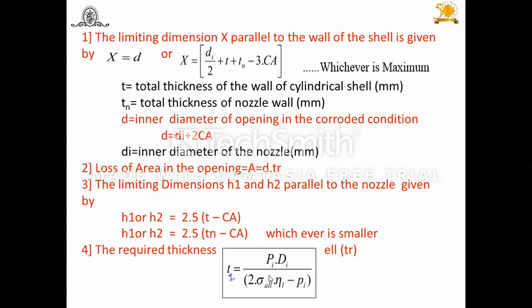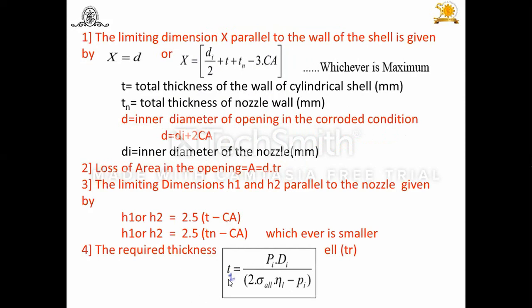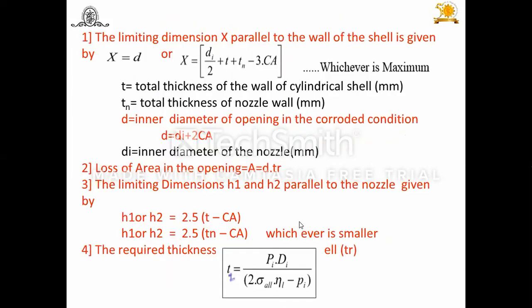Then here, what we have to do, Tr. What is Tr here? Tr means thickness of the cylindrical shell. In the earlier session, we designed the cylindrical shell. That time we used the thickness T. Now in this case, we are going to use Tr, thickness of the cylindrical shell. And we have already studied this expression. Thickness of the shell, according to the concept of thin cylinder, is given by Pi Di upon 2 sigma allowable efficiency minus Pi. Already we have solved some problems in earlier sessions also by using this expression. This is thickness of the cylindrical shell, that is Tr.